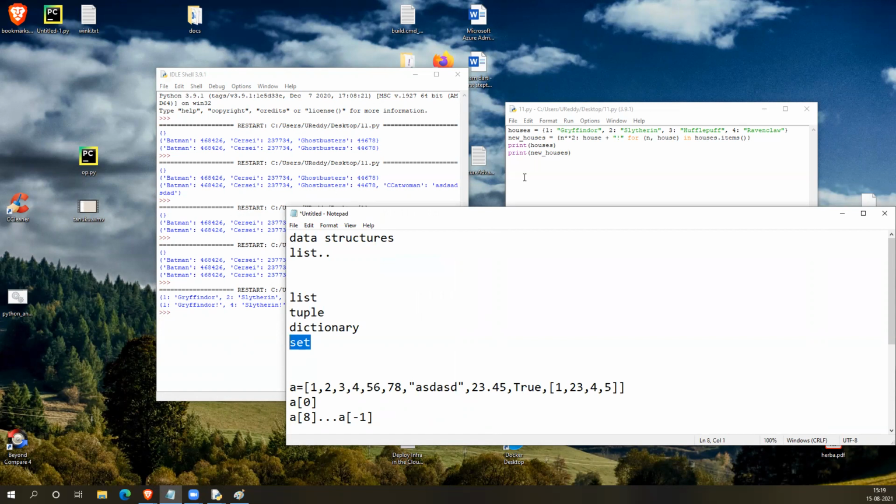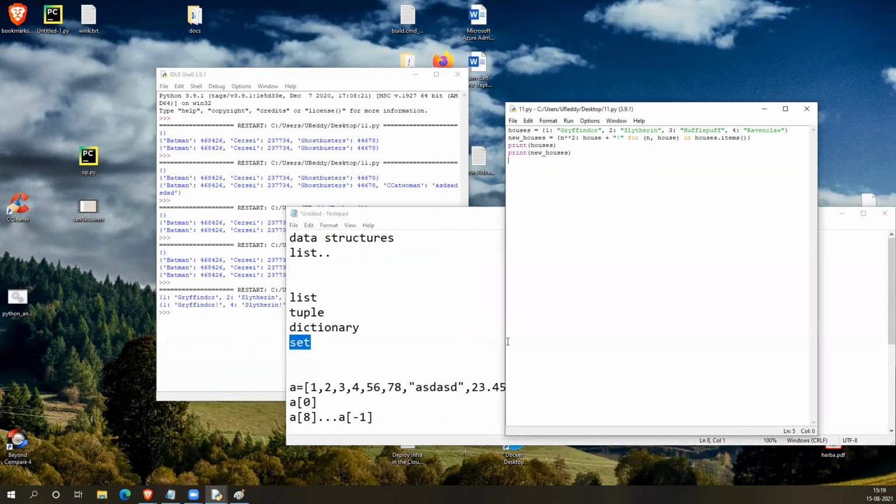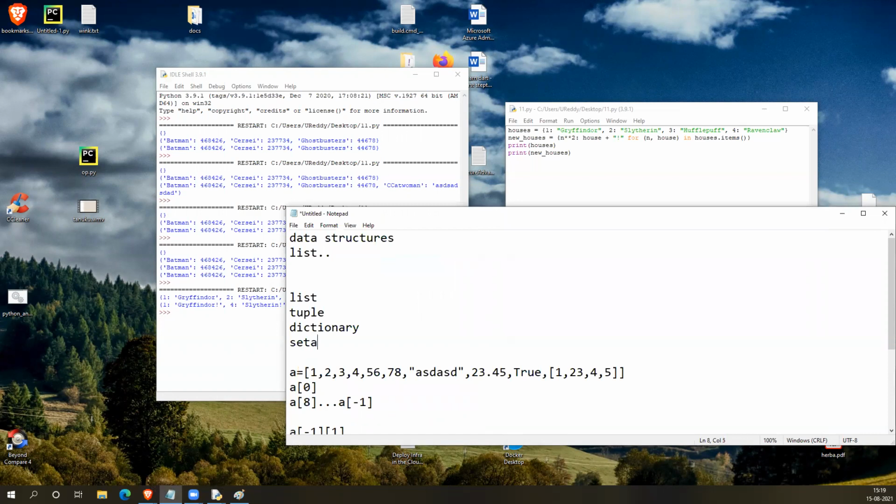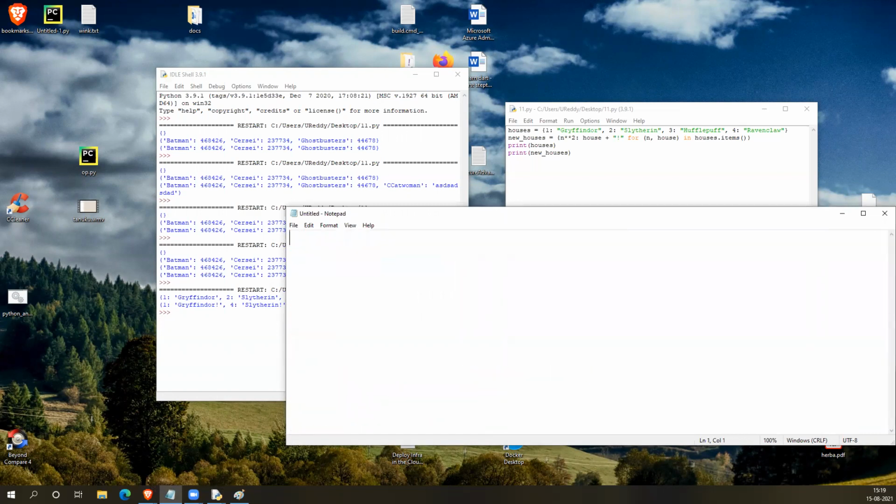Lists allow duplicates. So if I create a list like this, it will accept 2, 3 values. But when you try to convert this back to a set, it will keep only one copy of these 3.